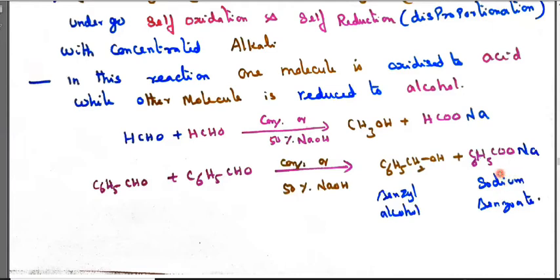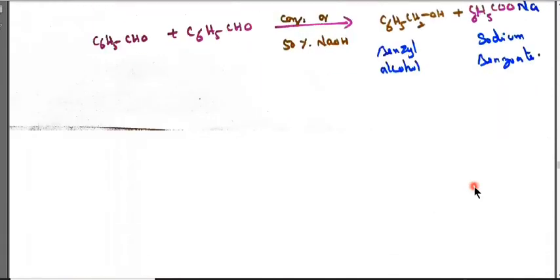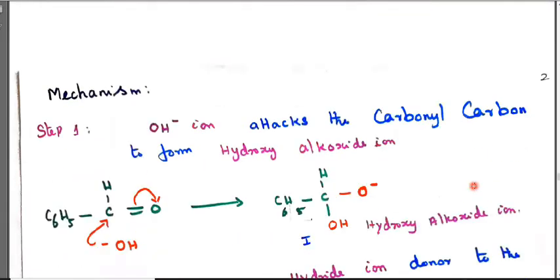It is easy to remember this formula, because it is used in daily life. We use it to store pickles; C6H5COONa is used as a food preservative. So, pickle preserver, I mean C6H5COONa, is sodium benzoate. And benzyl alcohol is used as a skin ointment. This makes it easy to remember the formula and mechanism.